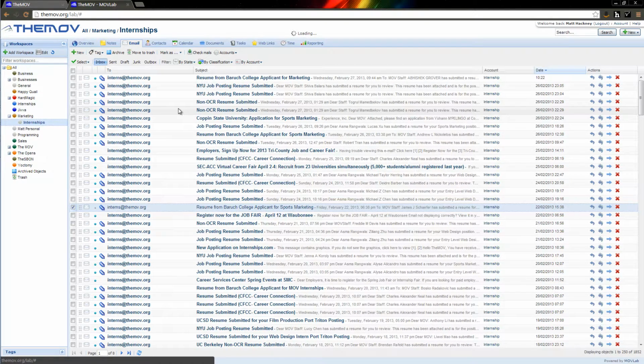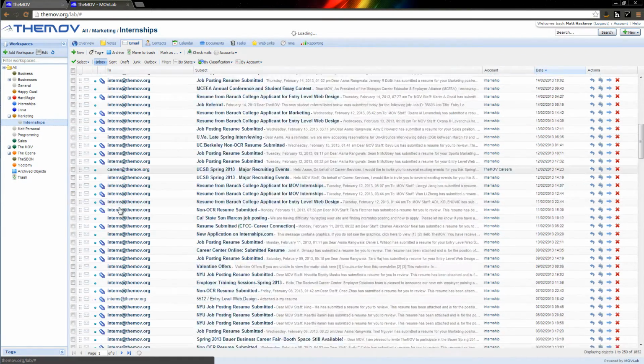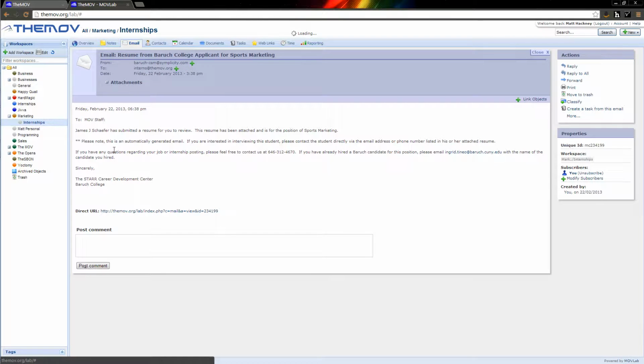And you just want to know that if the dot is there, then that means it hasn't been read yet by anybody at all. So now that I clicked on this, notice that it now has no dot on it, no blue dot. That means somebody's read it. So you can scroll through here and look at all of these, and you could find one that hasn't been read yet and click on it.